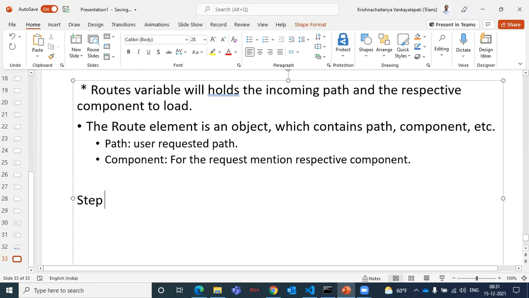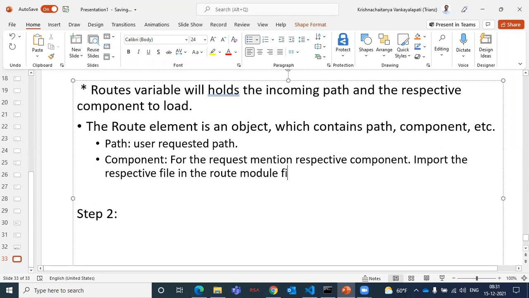Next, step 2. In step 1, you have 2 points. First check for the file. Inside the file, you can write this as well, or else tomorrow you may get a doubt. Import the respective file in the route module file.